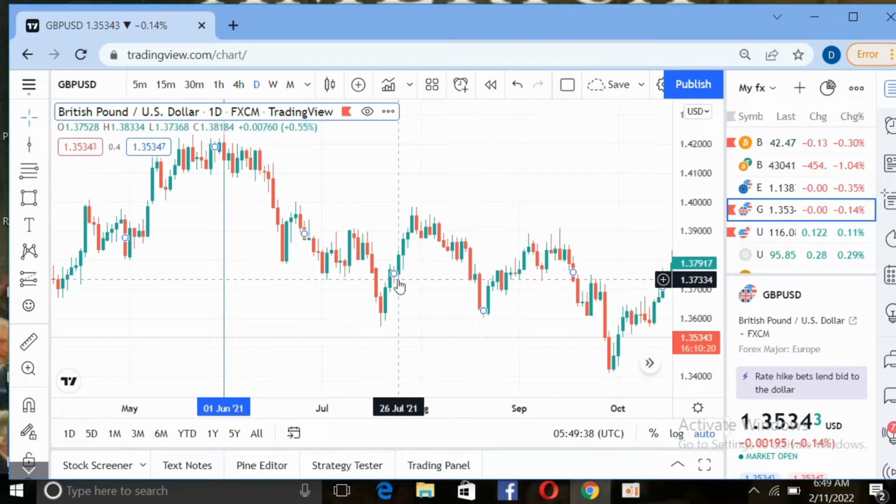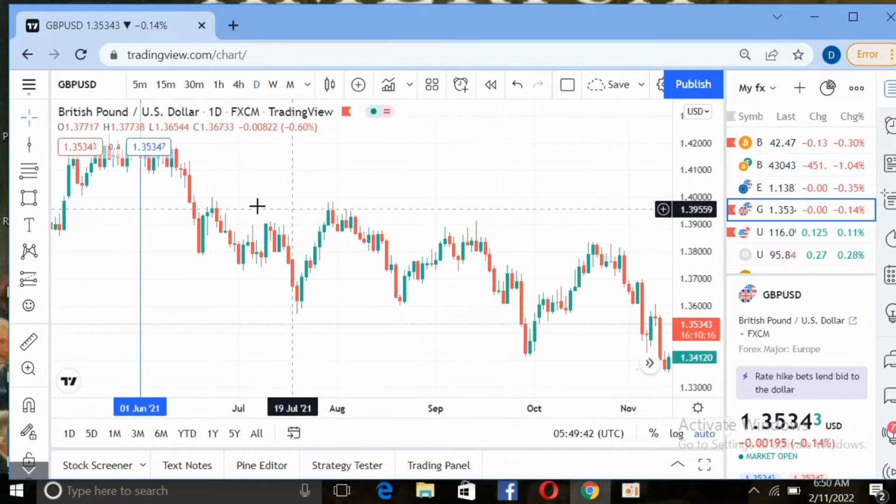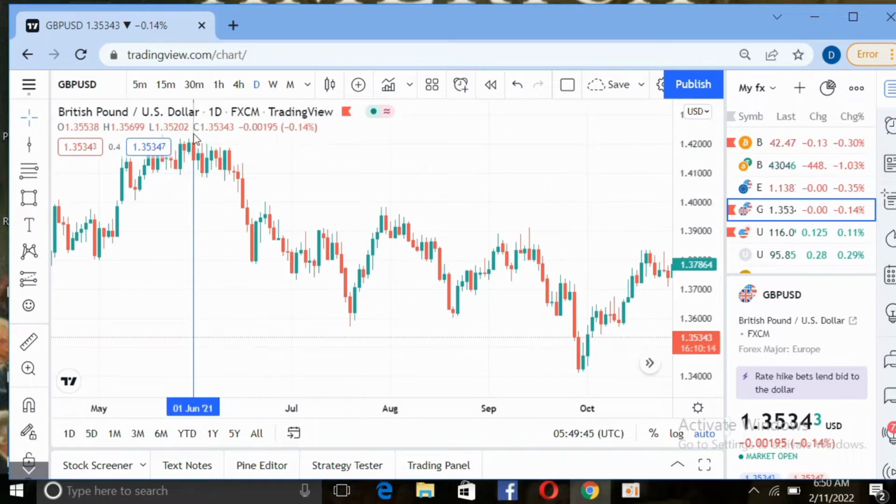I'm taking this from here. So let's see this from this point, and I'll be taking it down. From here we have a high and we have a low, then another high and a low. And most times people find it complicated to know the structural highs and structural lows, but there's something I discovered